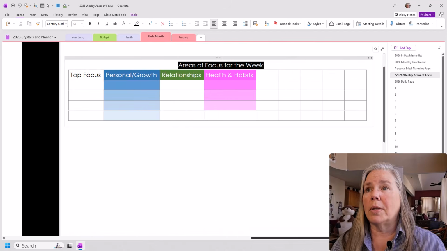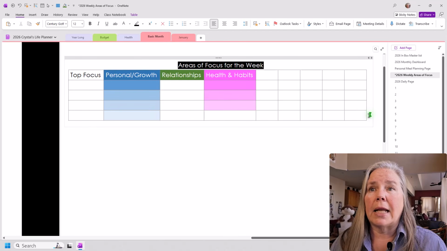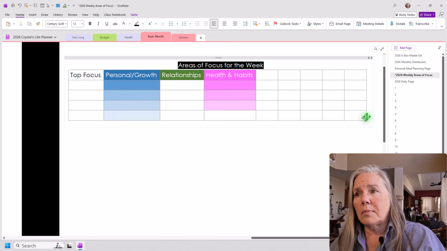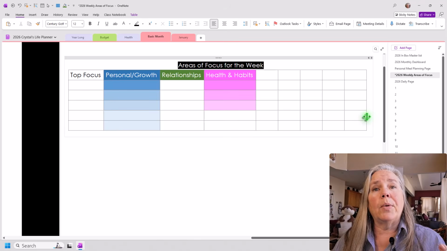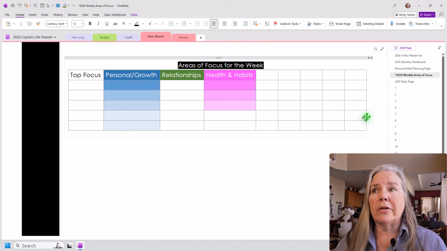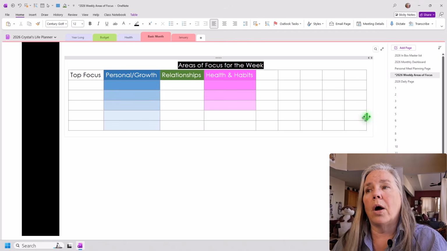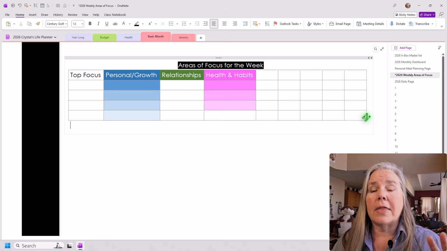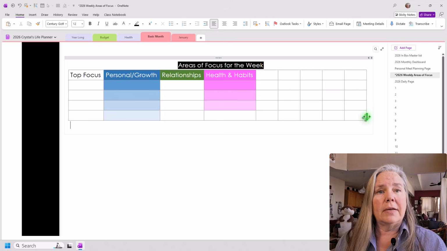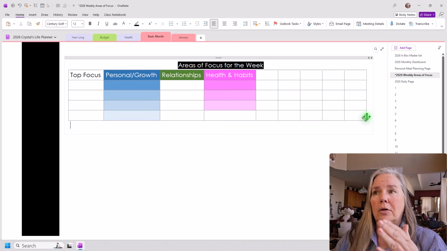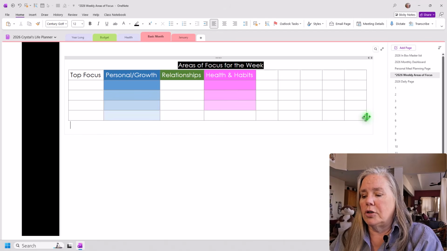So let's go back to the one that I'm showing you how to build, and I'm going to go down here, and I'm going to hit the Enter key, and when I hit the Enter key, it's going to give me another row in that column. If I don't want that, I can simply now hit the Delete key, and that takes that row away and leaves my cursor now floating outside of that particular table up above. Okay, so I'm going to do the same thing. I'm going to do daily tasks,